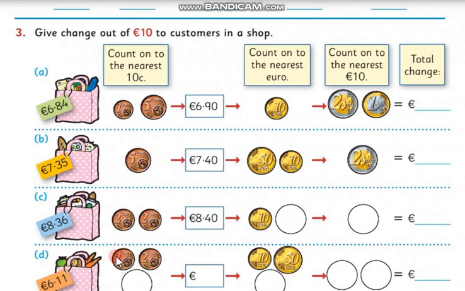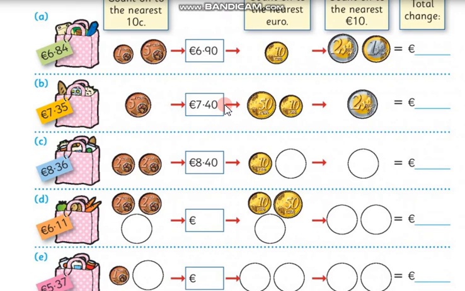So for each one down here, A, B, C, D, it's all the same. So you count on, first of all, to the next 10 cent. And once you get to the next 10 cent, count on to the next euro, and then add on the €2 or €1 coins as necessary. Okay, so work through them, and finally, down at the end,